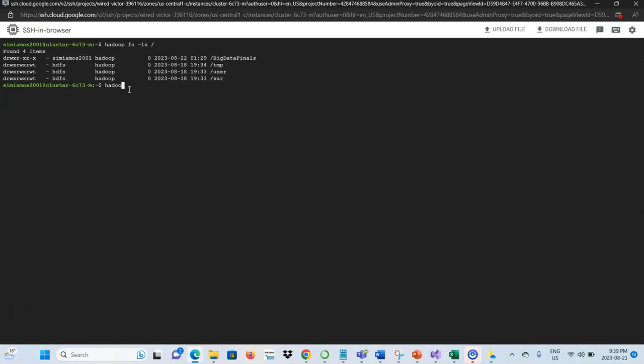So we have hadoop fs copy from local, news articles CSV, to slash big data slash